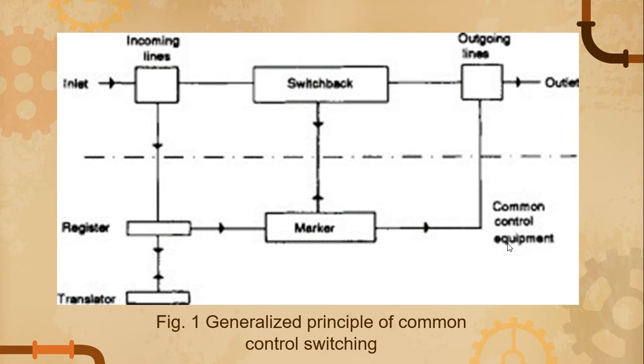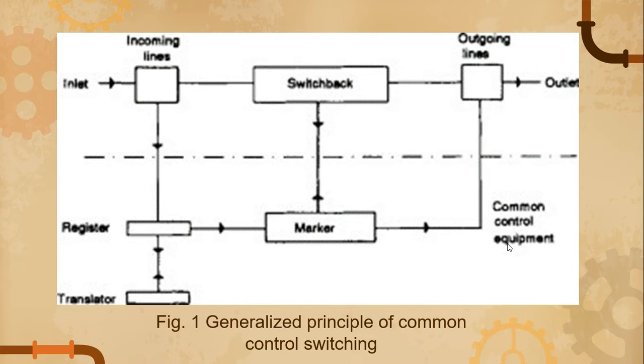So this figure shows the generalized principle of common control switching. So in common control switching, we permit separation of the supervisor or yung line and address or yung selection signaling functions over the network. In common control switching, the common control equipment, so yung register,